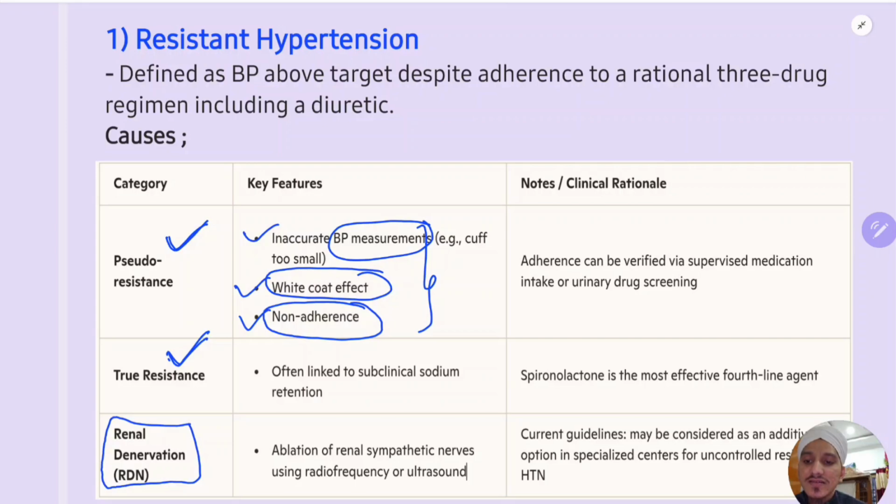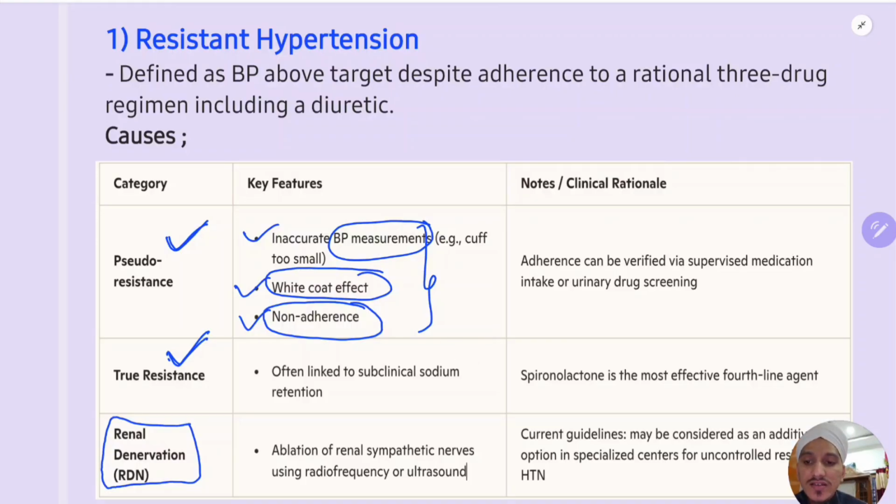True resistance is true resistant hypertension. So you should exclude in these patients, important is sodium intake. So patient may be taking increased sodium intake, which is the most common cause. Okay, so you should divide resistant hypertension into pseudo resistant or true resistance. Pseudo resistance possibilities: wrong method or equipment is not working properly, equipment used was not proper. Number two is it can be due to white coat effect, or it can be due to non-adherence to